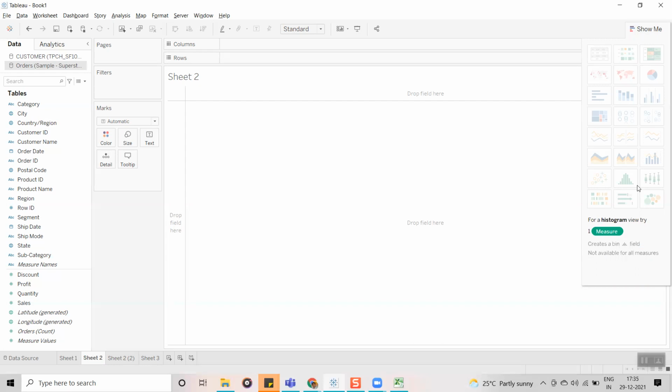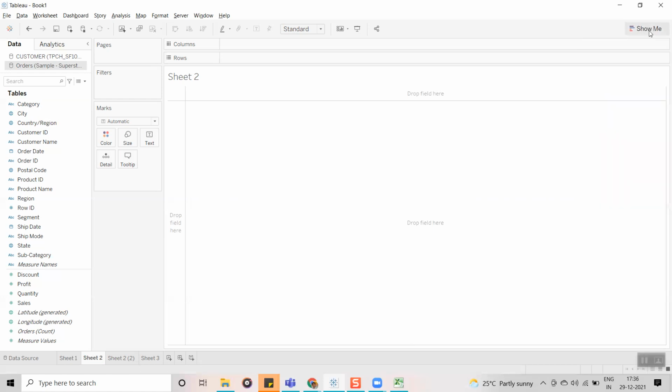But some people will share different graphs, and those graph types are not going to be supported in Tableau. Not supported means they will be supported, but the data model we are using in the backend should be in a proper order. If you do not have a proper data model, then you cannot create those graph types. So generally, the visualizations you see, people manipulate the data in the backend. As per the requirement, they rearrange the data and create the visualization.